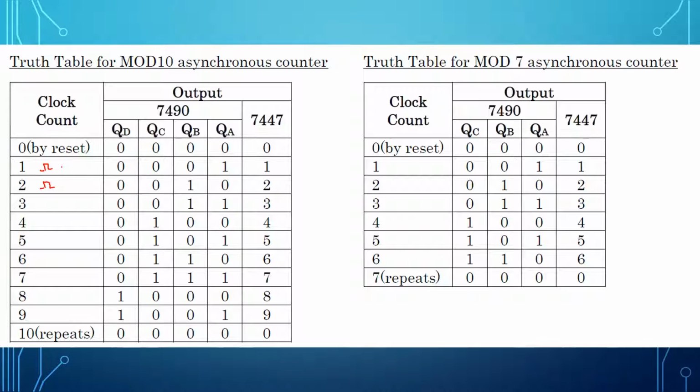As soon as you apply the first clock pulse, your counter should advance by one count, displaying the output 0001. This 0001 should be given to the decoder, and the decoder will convert that binary 0001 into its equivalent decimal, which is 1. As soon as you apply the second clock pulse, your count advances by one more, and the counter IC will show 0010, which is in turn given to the 7447, the decoder IC, which converts your binary into decimal.